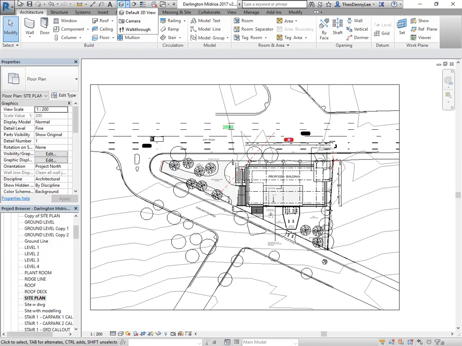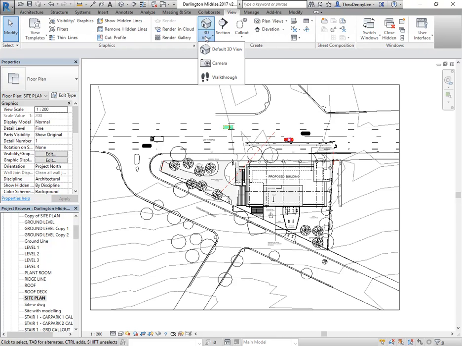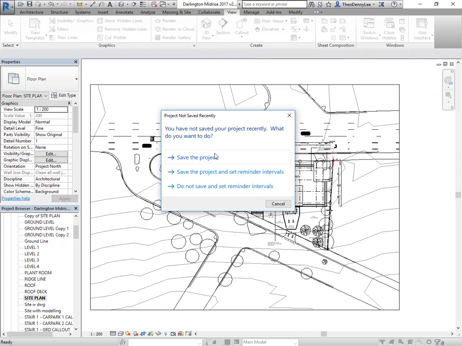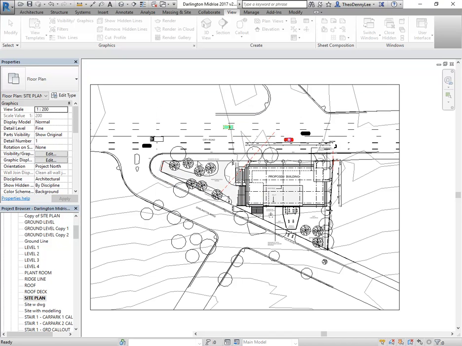But in case you haven't got that quick access toolbar, you can of course go to the view tab, click on the down arrow under 3D views, and then go to walkthrough there. I'll save it. So